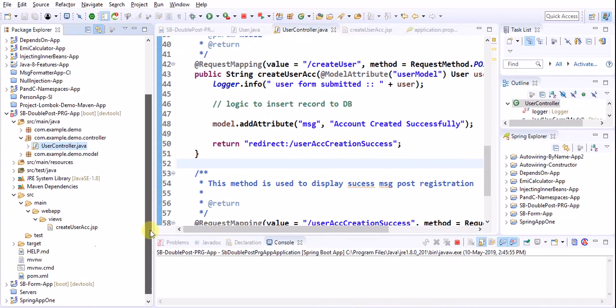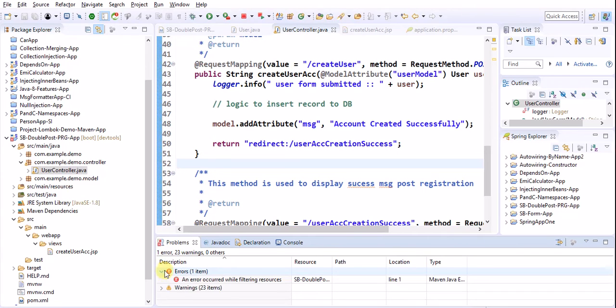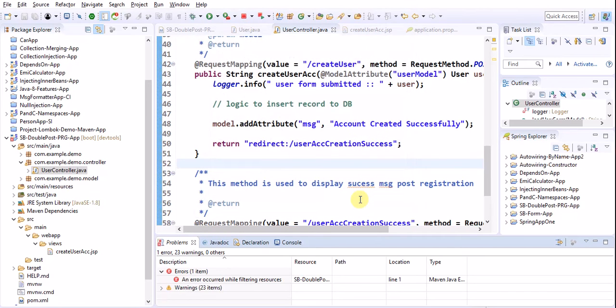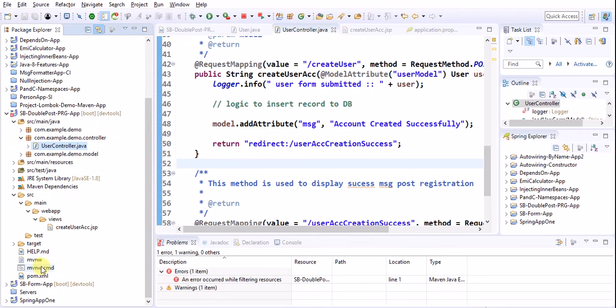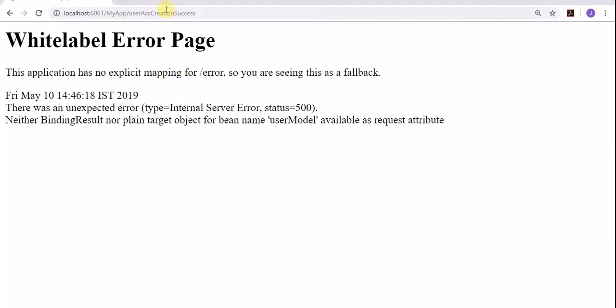Problems. Clean this project. Is the DevTools dependency correct there? Let me check in the Maven repository.